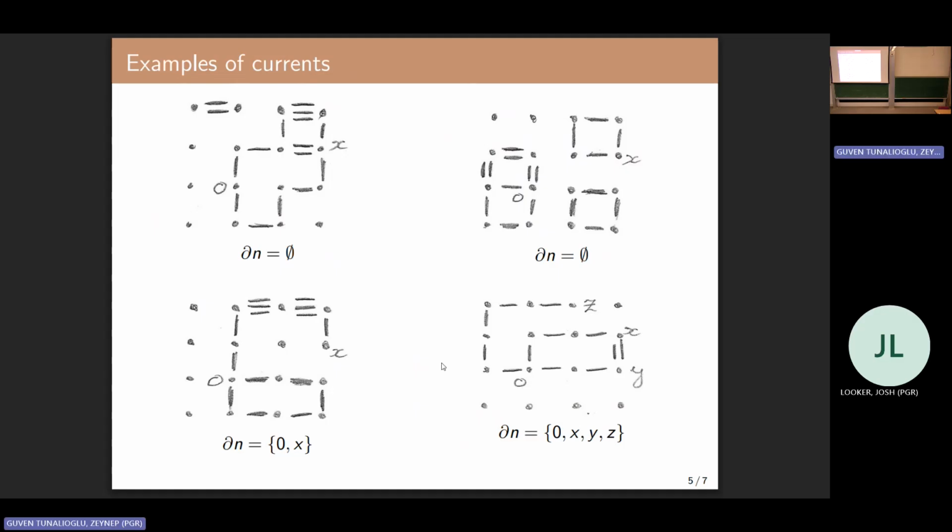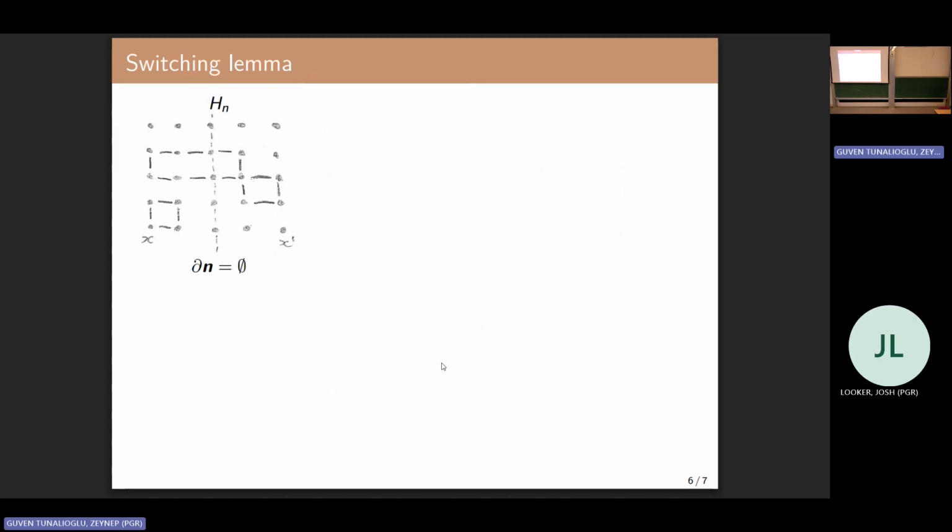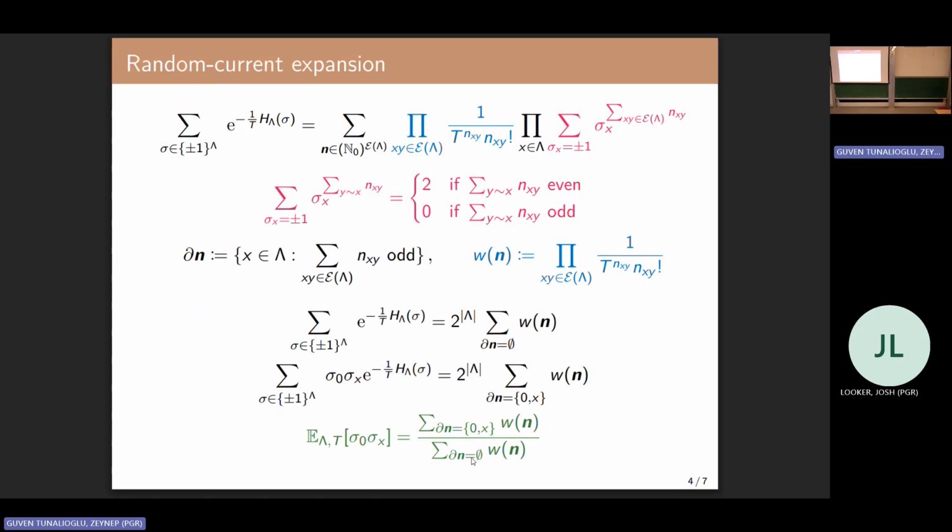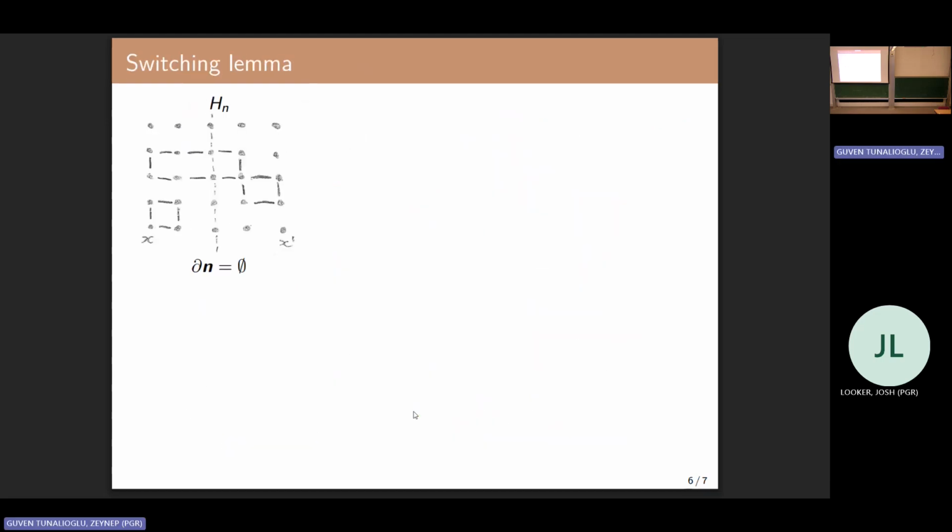Now, why is this useful? Well, there's some combinatorial trick we can do that ends up being very useful. This trick gives some connection between sourceless currents of specific type and currents with sources, which is going to be useful when you manipulate this ratio and these sums. It's useful to know some connection between these currents. So